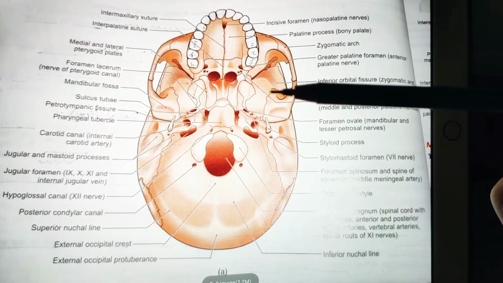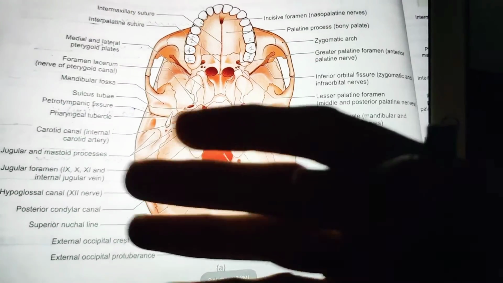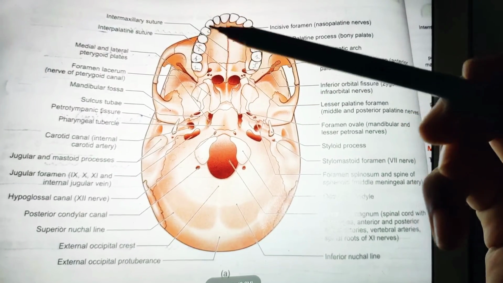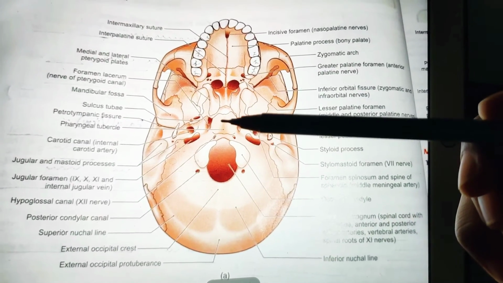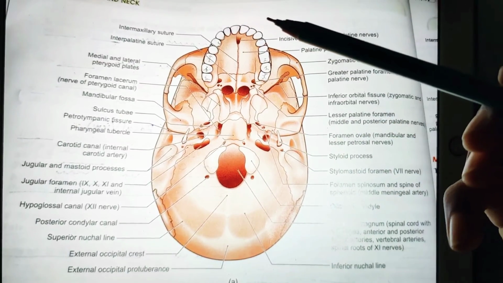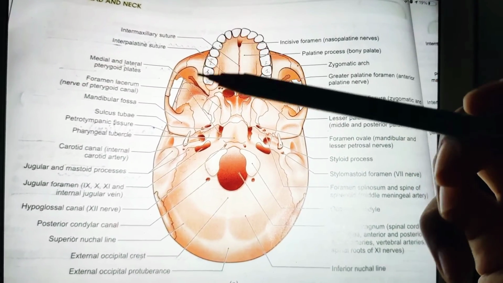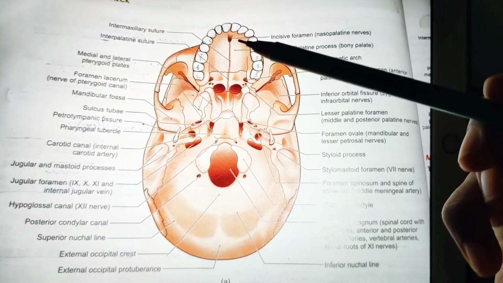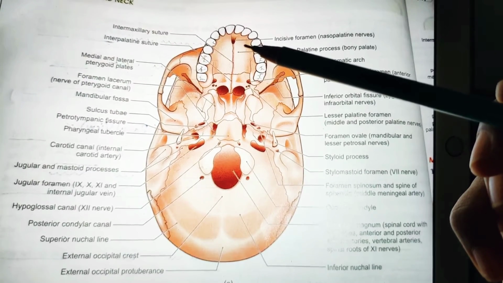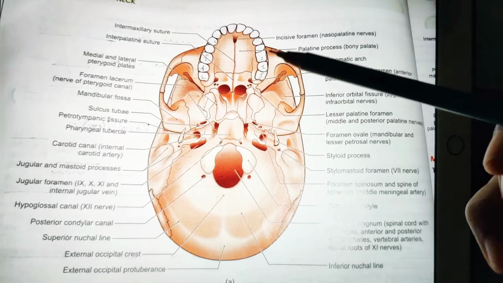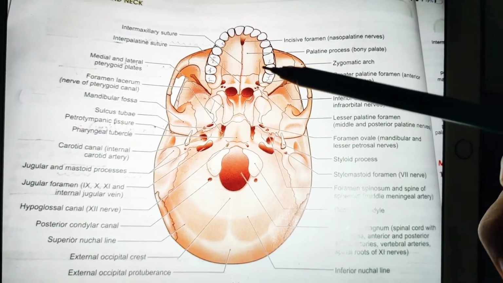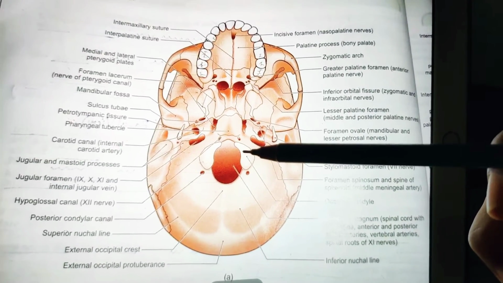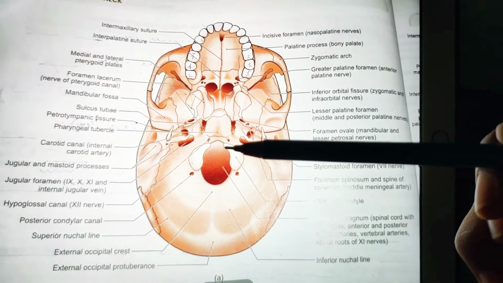Let us make this Norma basalis in 3 videos so that it would be more simple. First, in this video we are going to discuss the anterior part and the median part of Norma basalis. The anterior part is mainly formed by the hard palate, and also by the alveolar arches where you will find the teeth, and by an imaginary transverse line passing through the anterior margin of foramen magnum.